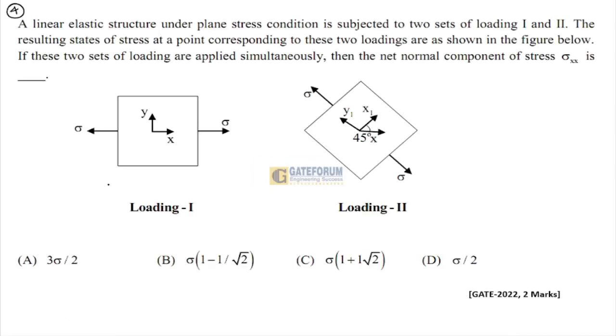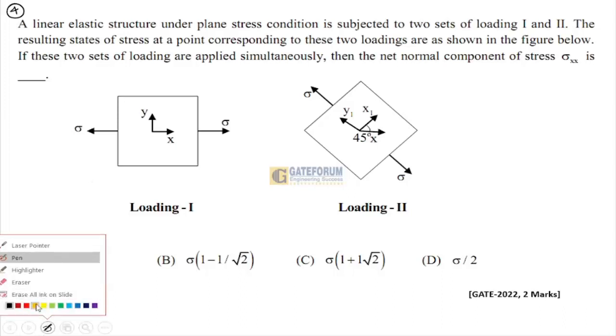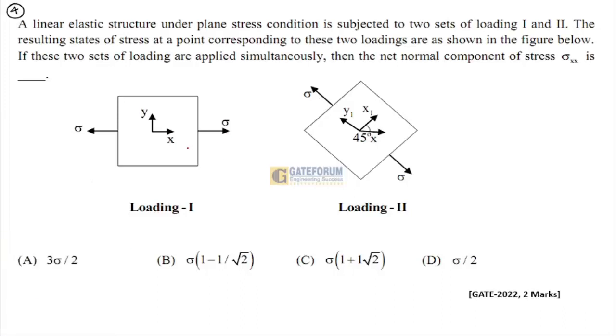A linear elastic structure under plane stress condition is subjected to a set of loading 1 and 2. The resulting stress at a point corresponding to the two loadings is shown in the figure. If these two sets of loading are applied simultaneously, then the net normal component of stress sigma xx is. The loading one direction is given to you and the loading two direction is also given to you. When you are talking about this, let this be x1 at an angle of 45 degrees. If I draw a diagram,